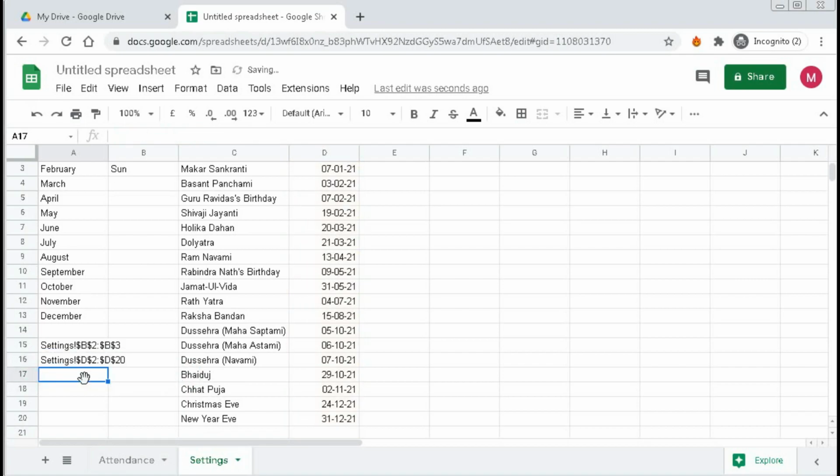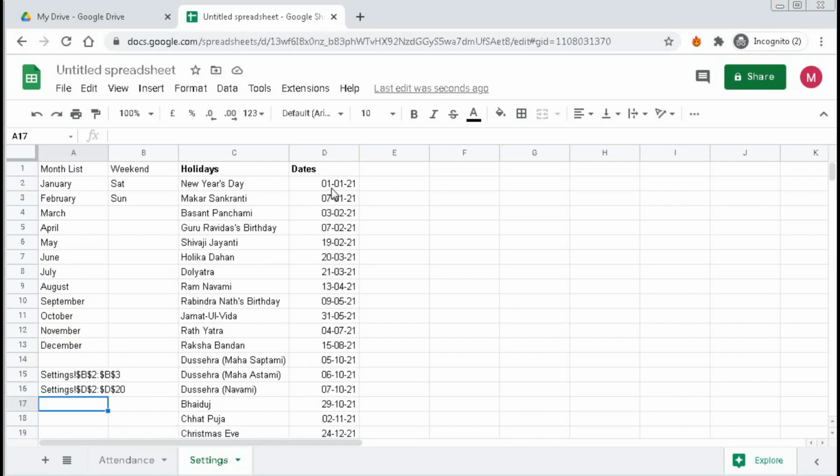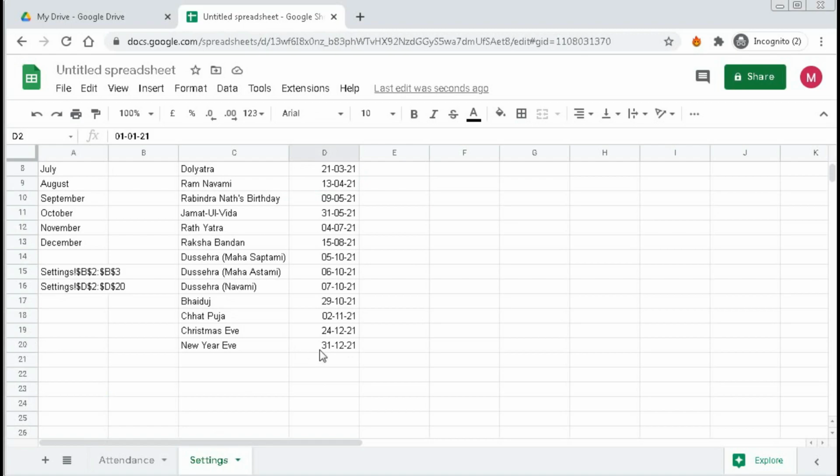You can see here the range is showing from D2 to D20. It starts from D2 and ends on D20. If I delete this, you can see it is D19. So this is changing dynamically. Now we will give a named range for this cell.